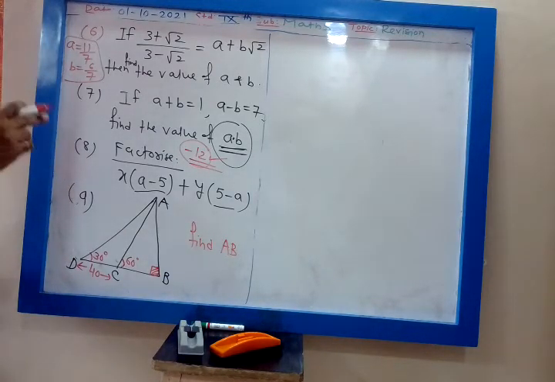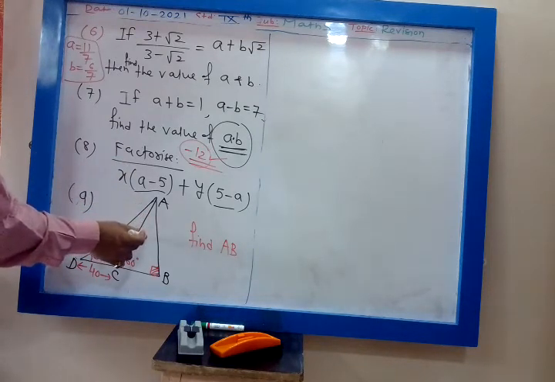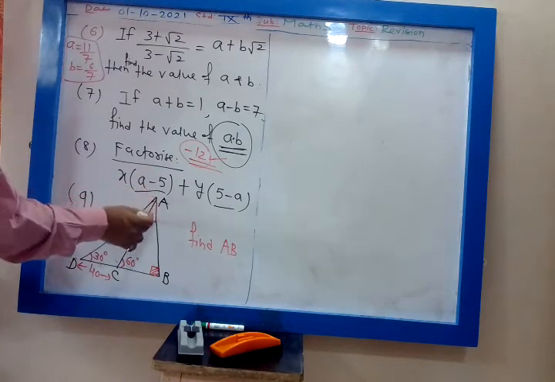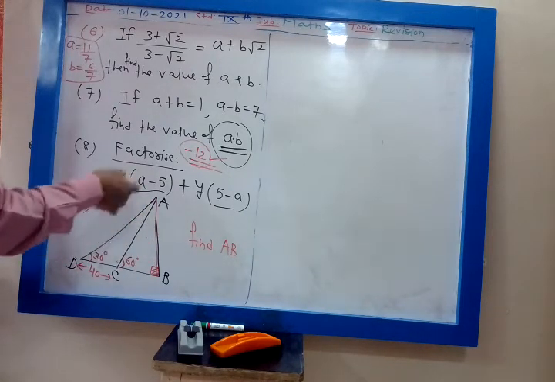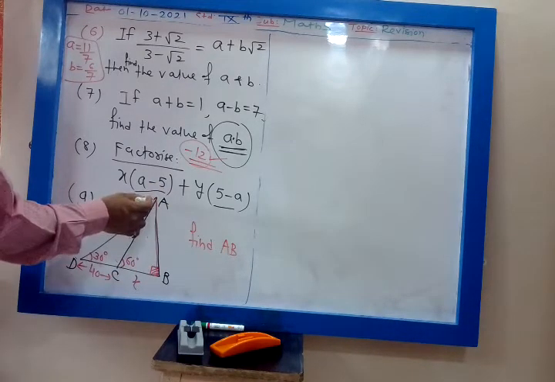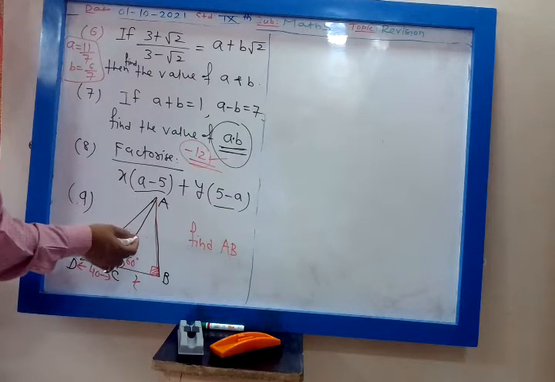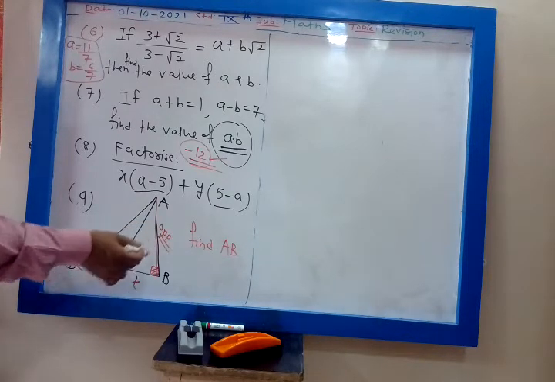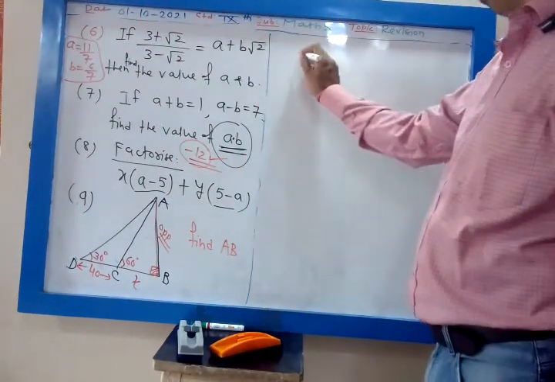See, whenever you have this type of problem, how many right angle triangles are there? 2. One smaller one and bigger one. Which side is common? AB is common. So you find AB for the smaller triangle, you find AB for the bigger triangle, and then you compare. Okay, so BC I will consider X. Then for the smaller triangle, opposite is given, adjacent is given. Opposite and adjacent, which ratio? Tan. So for the smaller triangle, you will write tan 60.